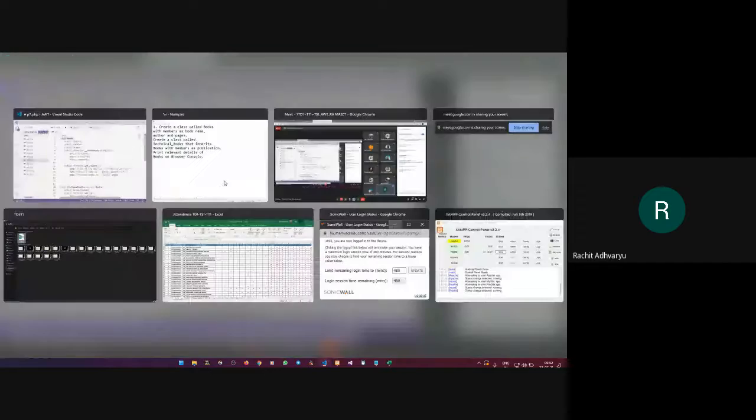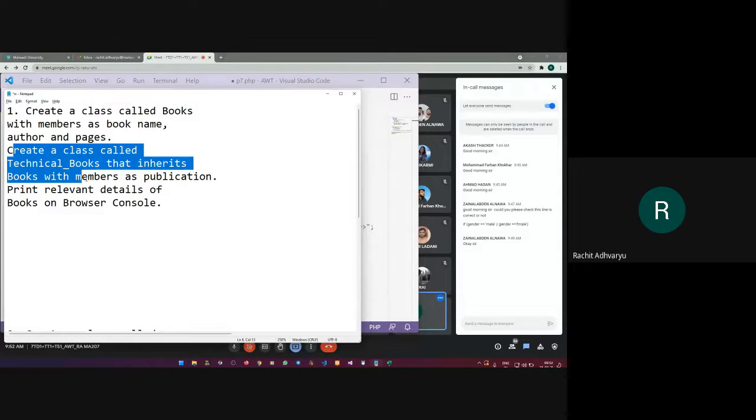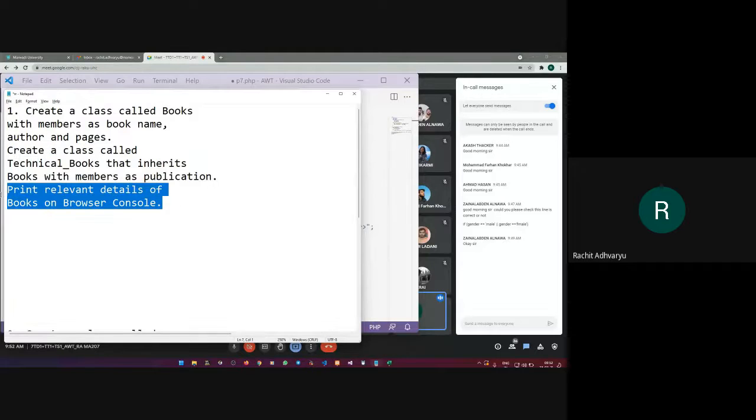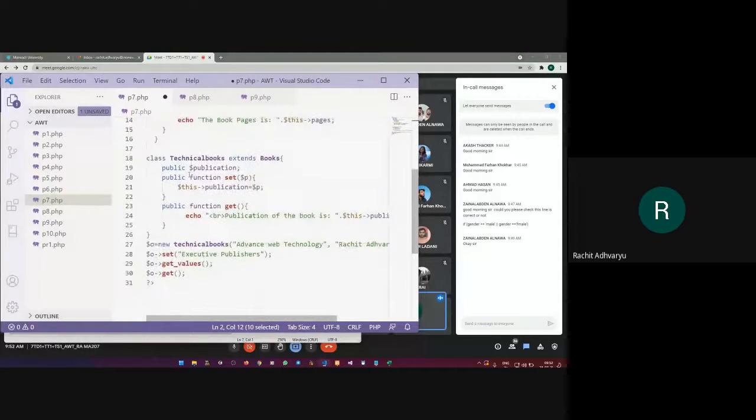Now the next question was, I need to create a child class called technical books that inherits the original books parent class with a member called publication. I just need to print what type of book it actually is, right? So I'm going to take a child class called technical books, and it is extending the parent class books. I have a public property called publication.